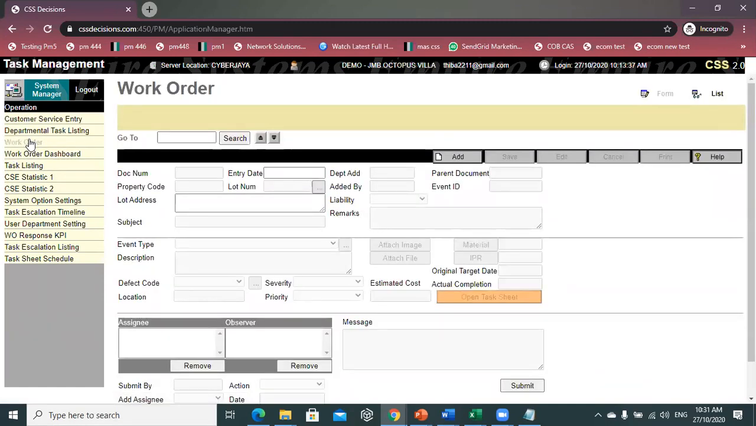Work order: let's say you have some work, for example you want your admin girl or admin boy to do some work, you will tell them verbally. If you tell verbally, they might forget. To avoid this kind of thing, we have a work order. I will go one by one. First,